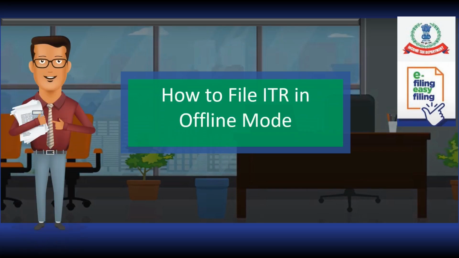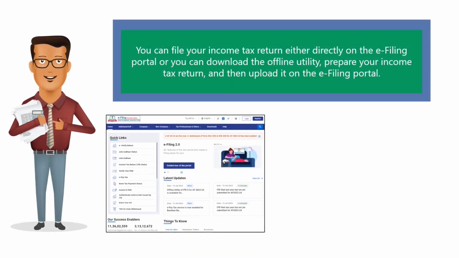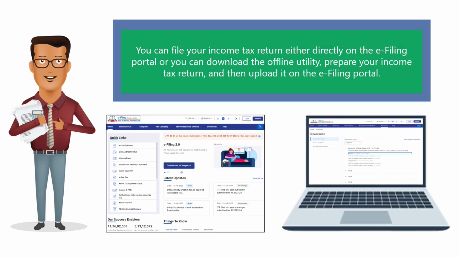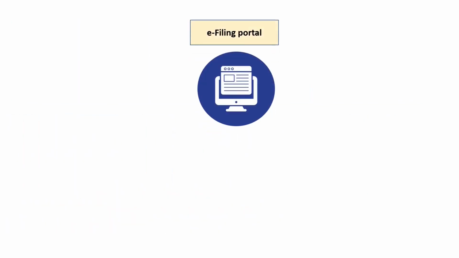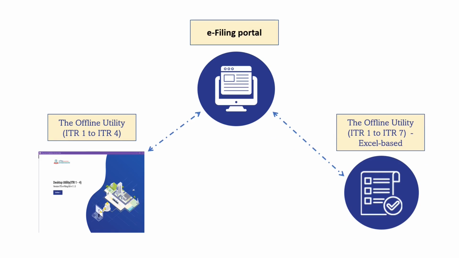This video is on how to file income tax return in offline mode. You can file your income tax return either directly on the e-filing portal, or you can download the offline utility, prepare your income tax return and then upload on the e-filing portal. You can download the utility, which is a common offline utility of ITR 1 to 4, or you can download the Excel based utility of ITR 1 to ITR 7, prepare your ITR and then upload on the income tax